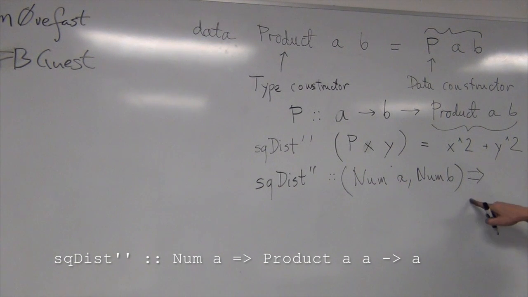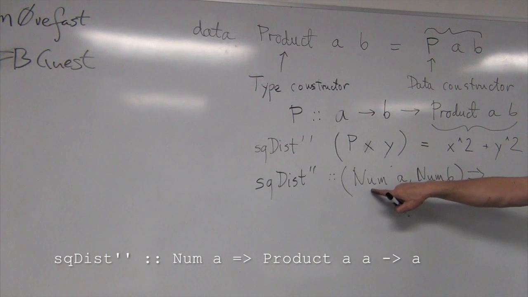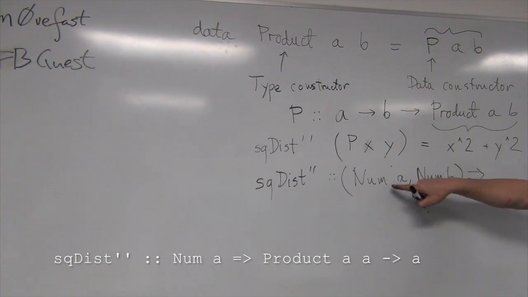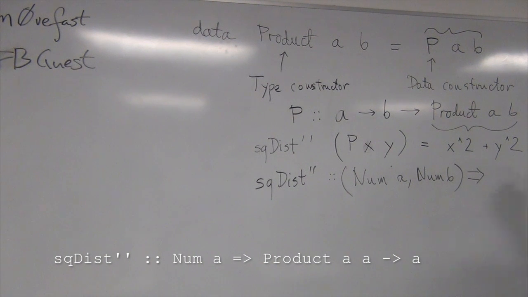And the double arrow says if A is of class num and B is of class num, then square dist prime has the type product of A B